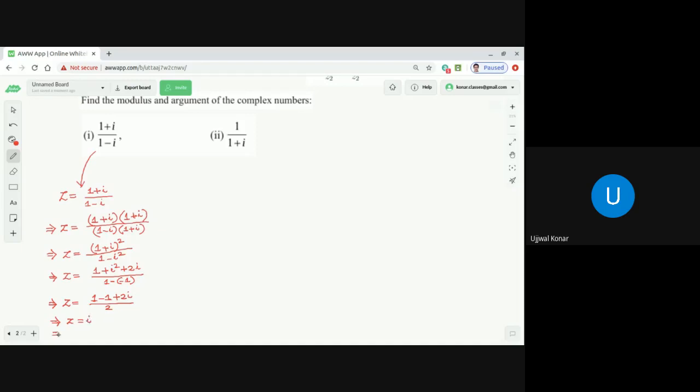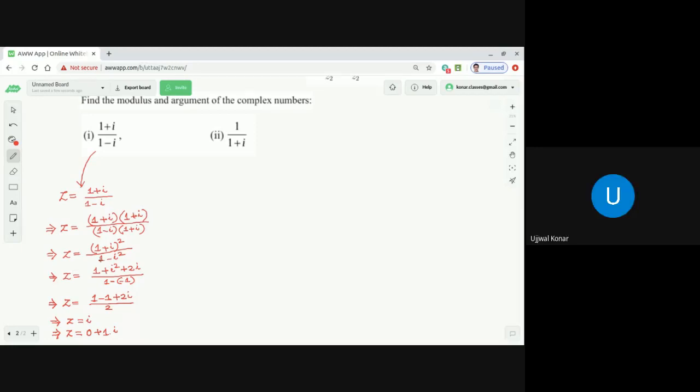More specifically we can say z is equal to 0 plus 1 into i. Now what is the coordinate here? 0, 1. In which quadrant is 0, 1? Correct or not? So if you look at the Argand diagram, what can we say? We can say it is in the first quadrant, or you can say in the second quadrant. It is in the territory.